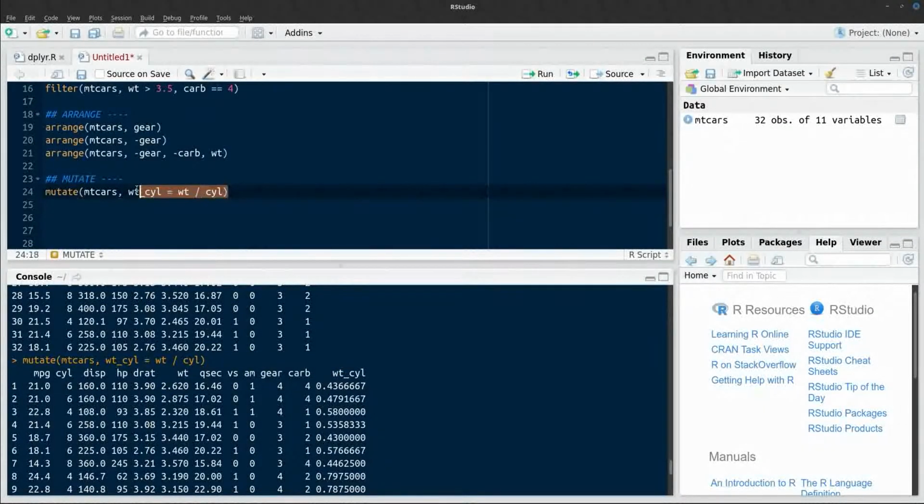If we want to perform or generate more than one new column at a time, we can do this. So let's just copy and paste this existing command. And what's particularly cool is that we can actually define new variables based on the variables that we've created in the same function call. So I'm going to create a new variable called the inverse weight cylinder, and this is going to be equal to 1 divided by